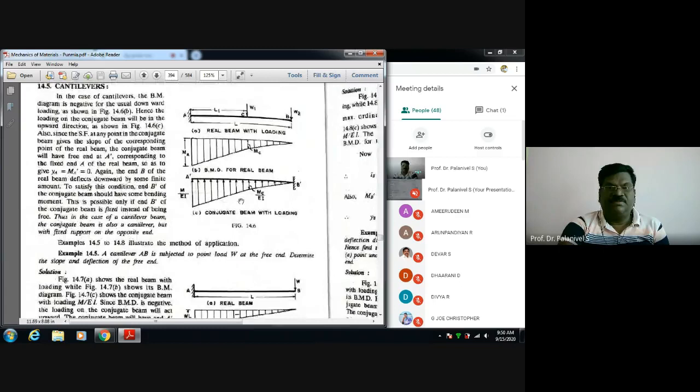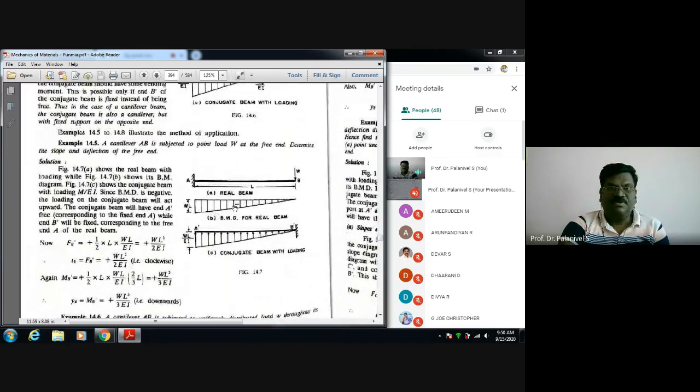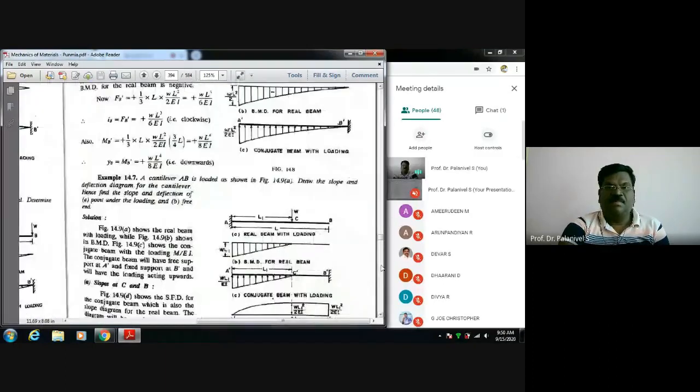So just theory has been told like that. We have taken an actual problem. A cantilever beam subject to point load at the free end. This I have done in the last class. Okay, I explained in the last class this kind of problem. Okay, simple problem, basic problem. I have already discussed with you. The same thing has been done here.